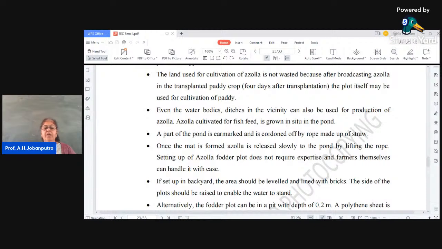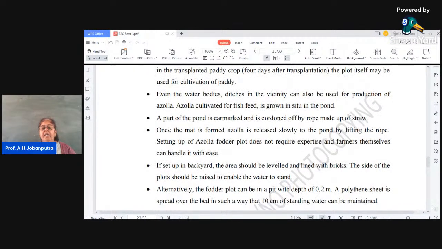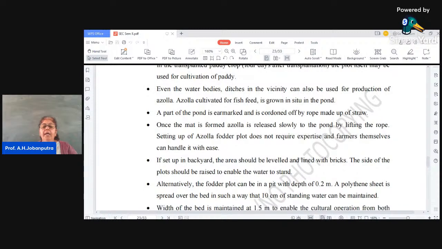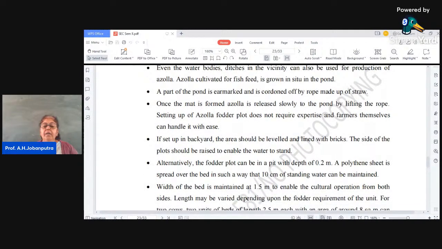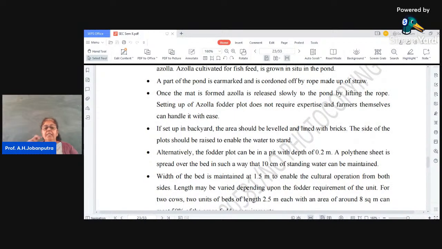And there you can add the water, allow the water to stand, and then you can add the Azolla. Polythene sheet can be spread over the bed so that you have a specific layer of standing water. 10 centimeters layer, and then this pit should be 0.2 meters deep. 10 centimeter water layer should be there, and then you add the culture of Azolla, or you can sprinkle the